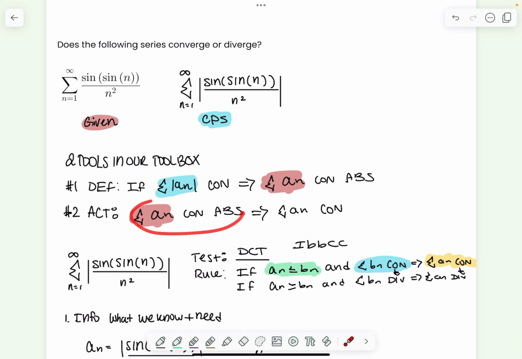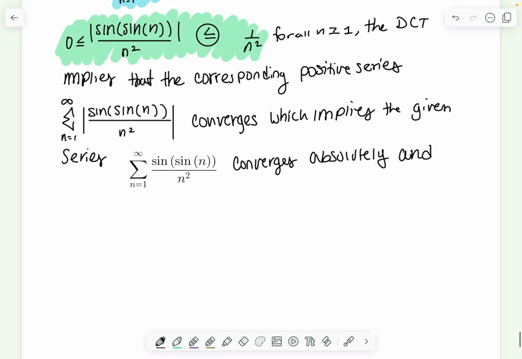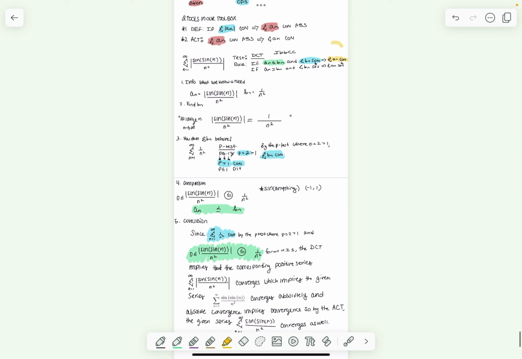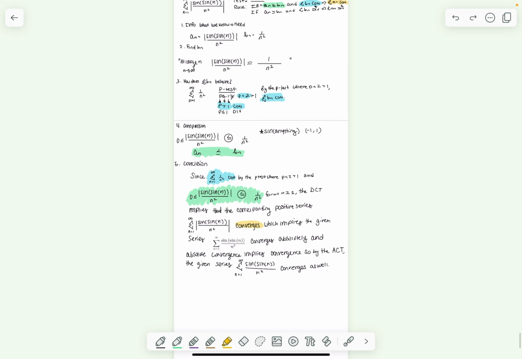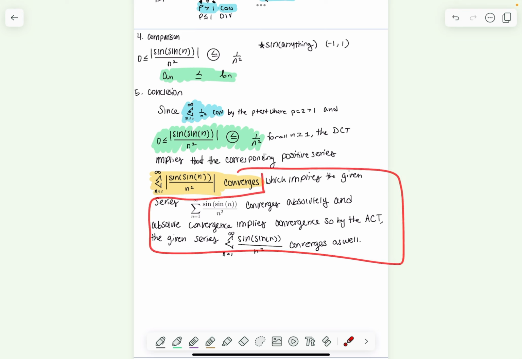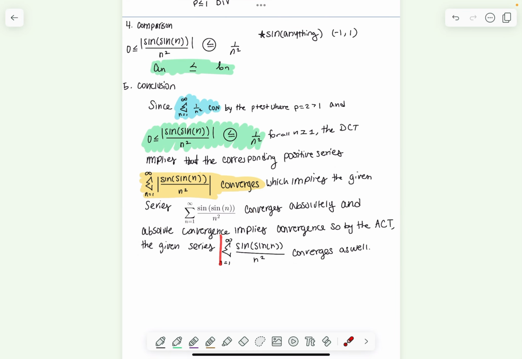If we know that a series, a given series, converges absolutely, then we can say that the series itself converges by the absolute convergence test. So if the given series converges absolutely, then we can say, and absolute convergence implies convergence. So by the absolute convergence theorem, the given series converges as well. And so this yellow part was really talking about the corresponding positive series, but then we use our two tools in our toolbox, the definition and then the absolute convergence theorem, to get the final answer, which is,